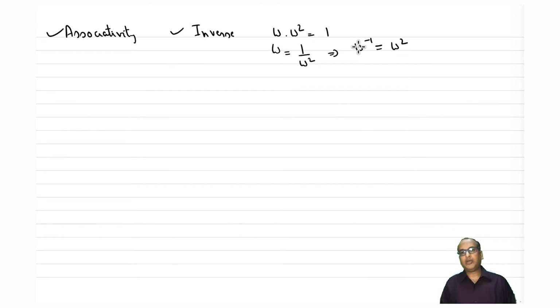So this implies that omega inverse is equal to omega square, and omega square belongs to group G. Similarly, we can show for the rest of the members. If you take 1 into omega square, again you will see this will hold. So inverse also holds. That means the cube roots of unity form a set which forms a mathematical group. Okay, so you can take some home assignments here.